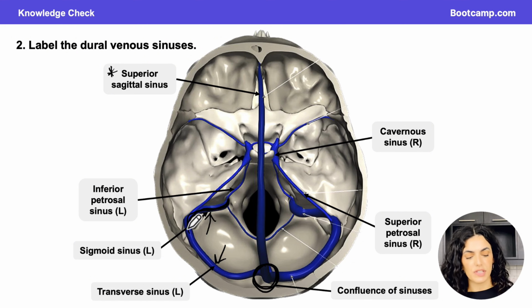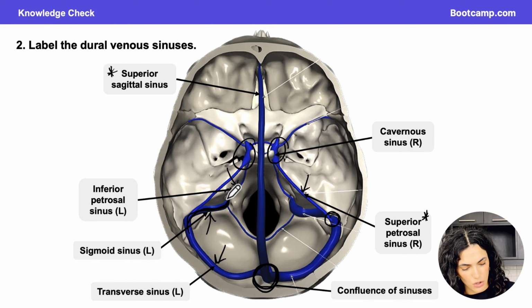And then we could also see the cavernous sinus on either side of the sella turcica that will eventually give off the superior petrosal sinus, as well as the inferior petrosal sinus that can either drain into the sigmoid sinus if it is the superior petrosal sinus, or drain directly into the internal jugular vein if it is the inferior petrosal